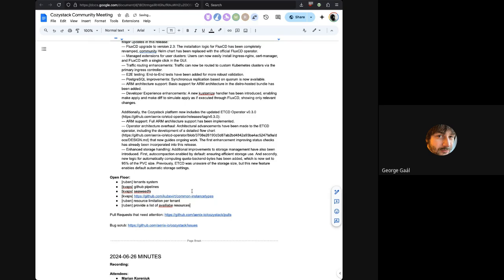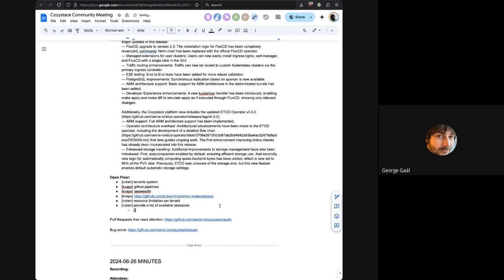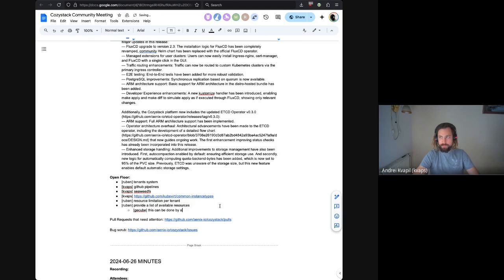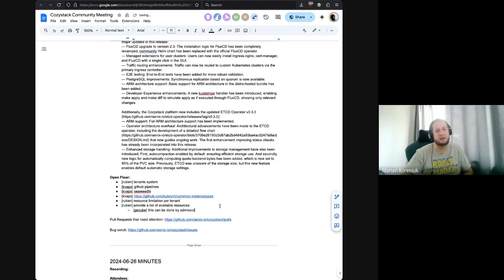I want to mention that it could be implemented by using a so-called admission controller on top of the Kubernetes cluster, and it should not be very hard to achieve. Agree. And I thought about using resource quotas. Is anybody familiar with this resource? I think it can limit the amount of created resources, but it can also probably limit the amount of used resources. Marianne? Yes, if we're using resource quotas, we need to limit all